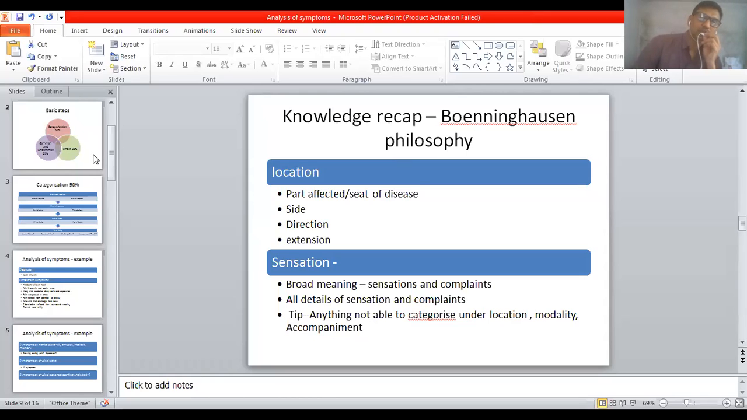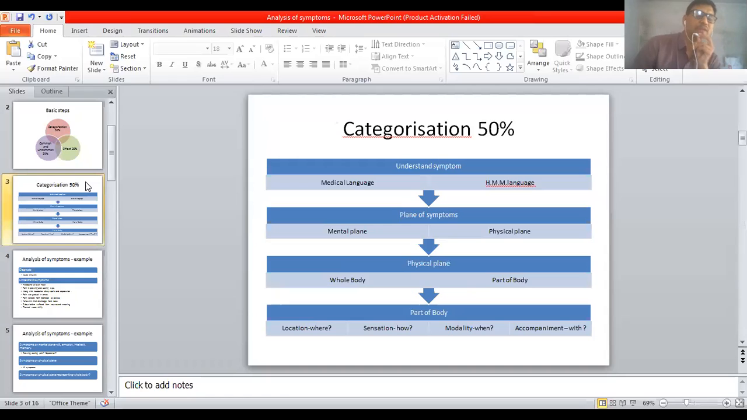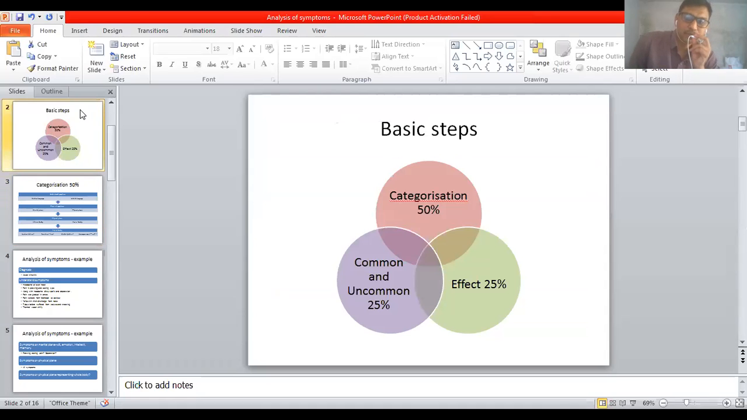So in the previous weeks, we have started the steps of analysis of symptom, steps of repertorization. Of the steps of repertorization, we understood the first step is analysis of symptom, and this analysis of symptom is very important to complete the other steps of repertorization. If your analysis is correct, then the rest of your steps will be correct. And we have understood there are essentially 3 steps involved in the analysis of symptoms,